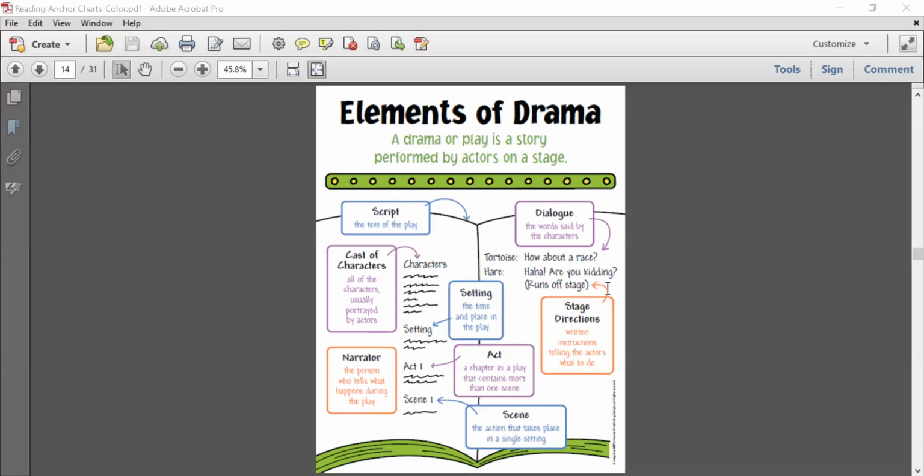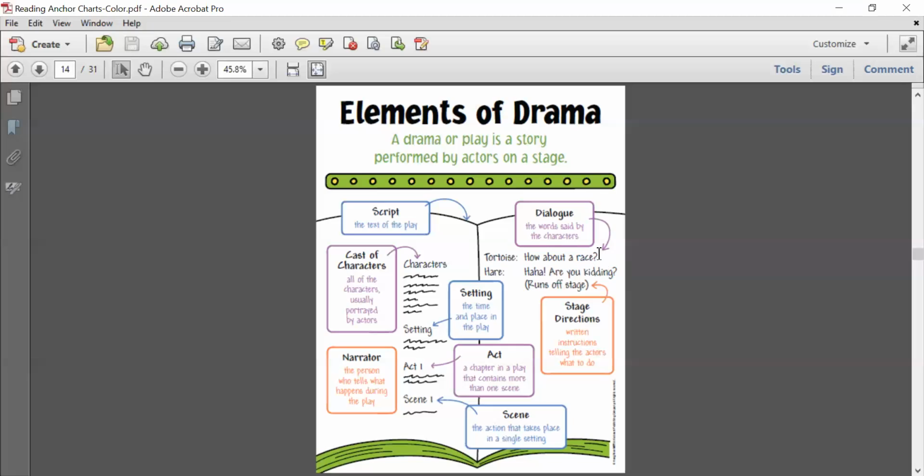You would see what's called a speaker tag in a book. The speaker tag would be "Tortoise said, Hare replied." That's in the book. Speaker tags tell you who is talking in the book. However, with a drama, you'll see this right here. It says Tortoise, and then it has a colon, or those two dots right there, and then it'll tell you what they said, the dialogue, okay?